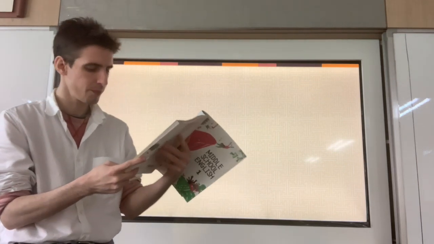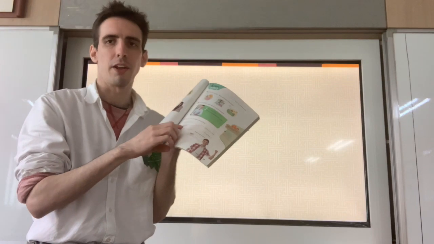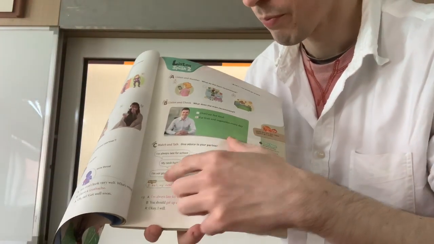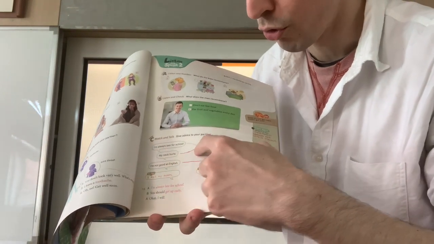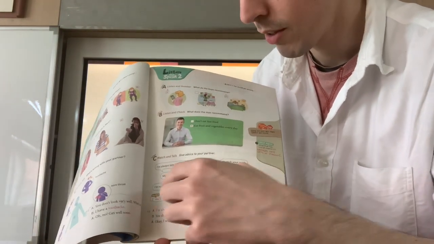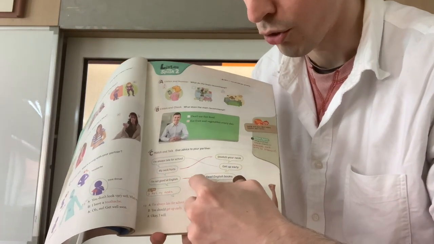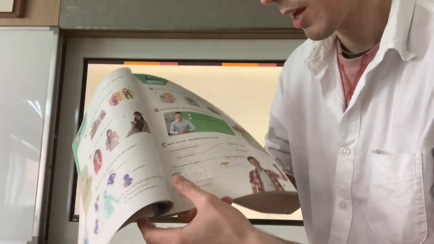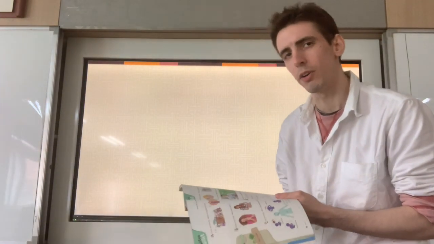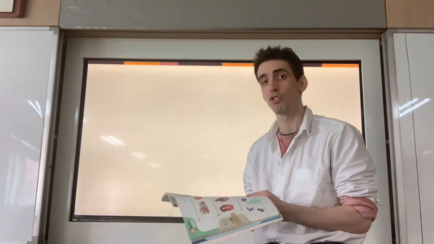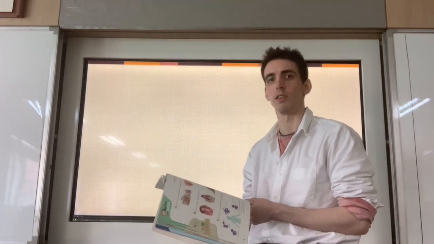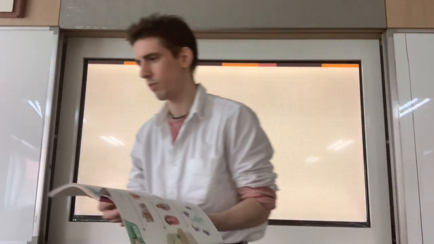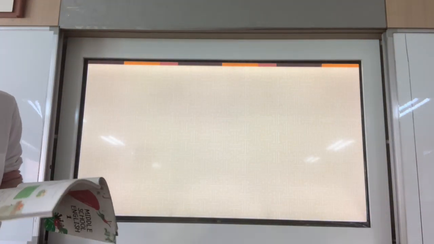Okay, I will. So what you want to do is you want to match. As you can see in my book, I matched them already. So my neck hurts. You should stretch your neck. I'm not good at English. You should read English books. And then I made my own. My own says, I fail my tests. You should blank. And I said, you should study more. Okay, I will. So your dialogue is very simple.